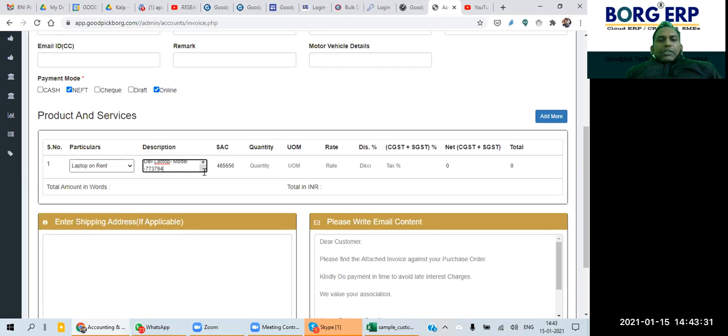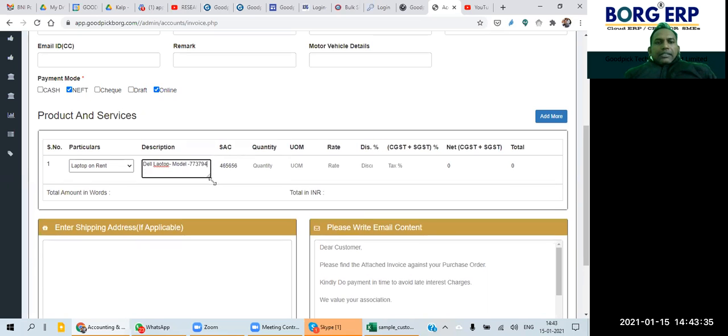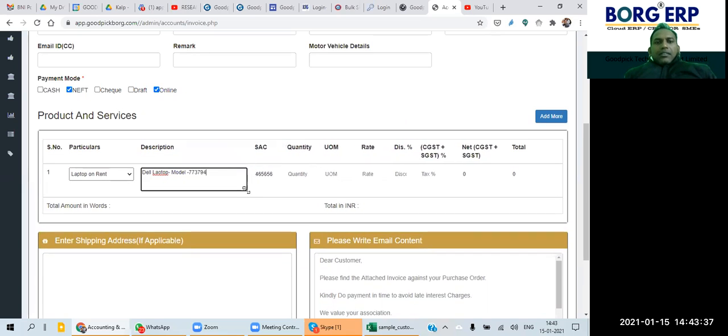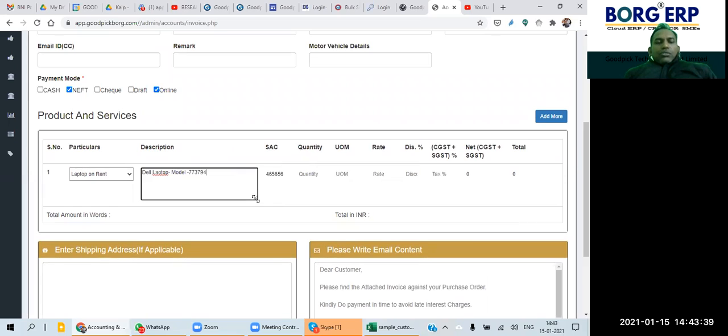So this is a description, and if it is needed, you can make it a box like this also, just for your comfort. Okay, if you have more details, then service accounting code comes automatically when you select any particulars in the service. Then quantity, if you want, you can add.